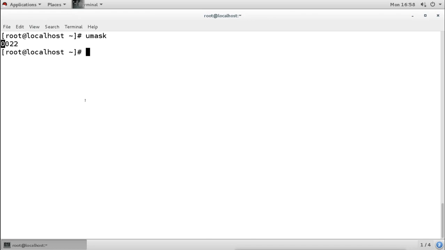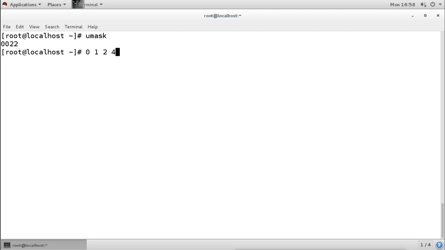Now what is that 0? That 0 is also a 3-bit permission. So in that 0 there are also 3 bits. Now 3 bits means it can be 0 if the bits are off, and if the first bit is on then you will get the value 1. If the second bit is on you will get the value 2, and if the third bit is on you will get the value 4. But these values and bits have a different meaning and different permissions. It is not like read, write and execute.